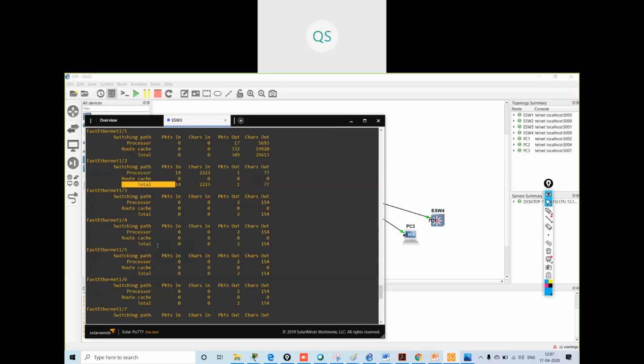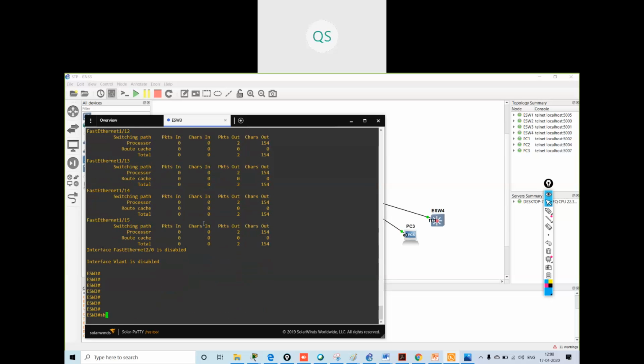It should go into errdisable state. Show ip interface brief.